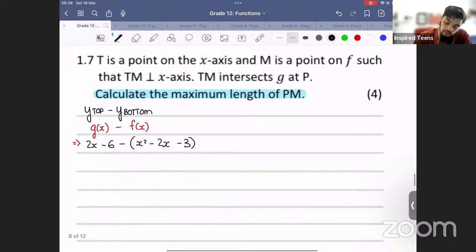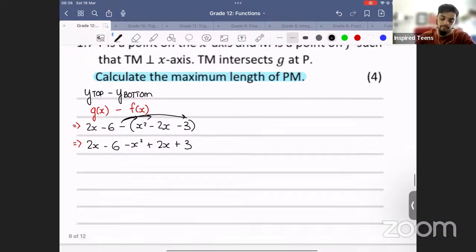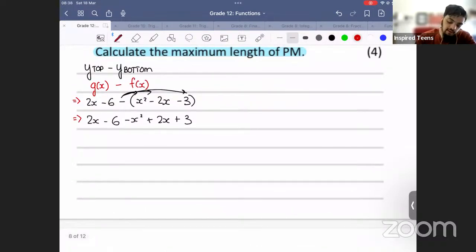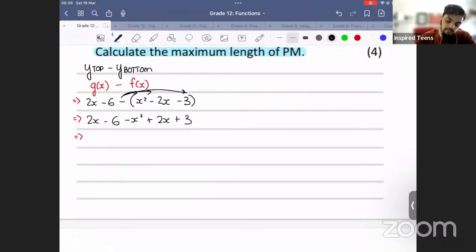Okay, cool. So now we're going to do subtraction. I'm going to say 2x minus 6, and I'm going to distribute the negative inside to all three terms. So negative x squared, positive 2x, because a negative and a negative, and again positive 3. Sorry, just 3. Positive 3. Right? So when we simplify like terms,